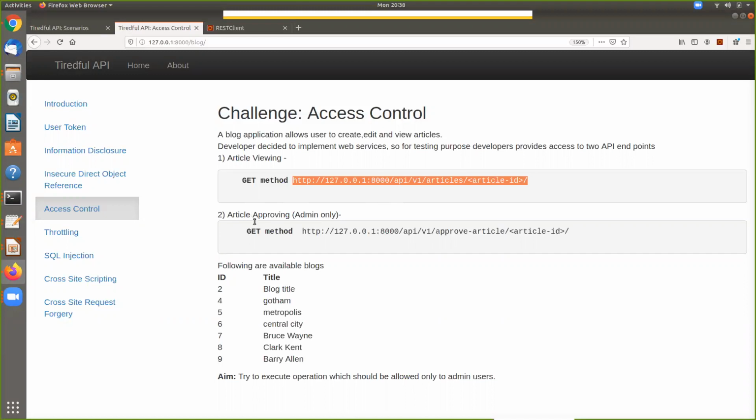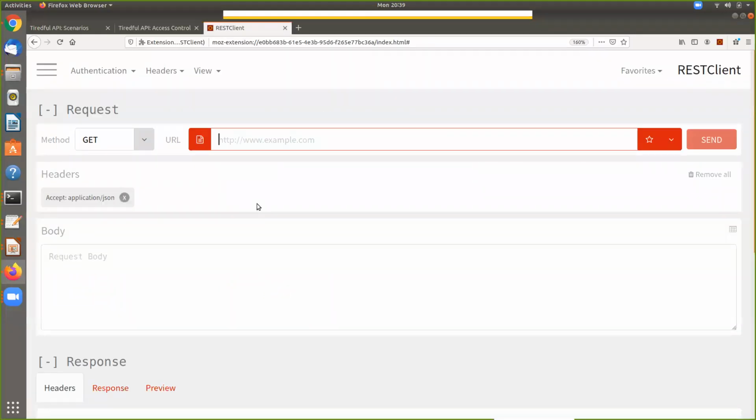And then article approving, which should be an admin only function. It's just a little bit different when you look at the addresses. Instead of just pulling up the article, it's doing an approve article with an article ID. So those are the kind of things that should be required from us. We'll go ahead and see though.